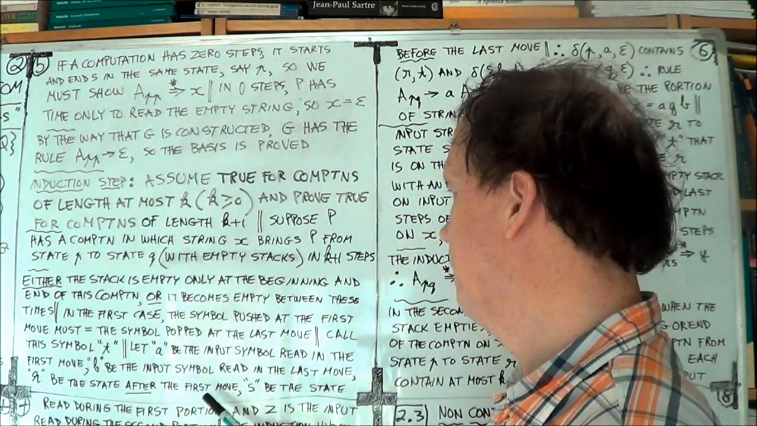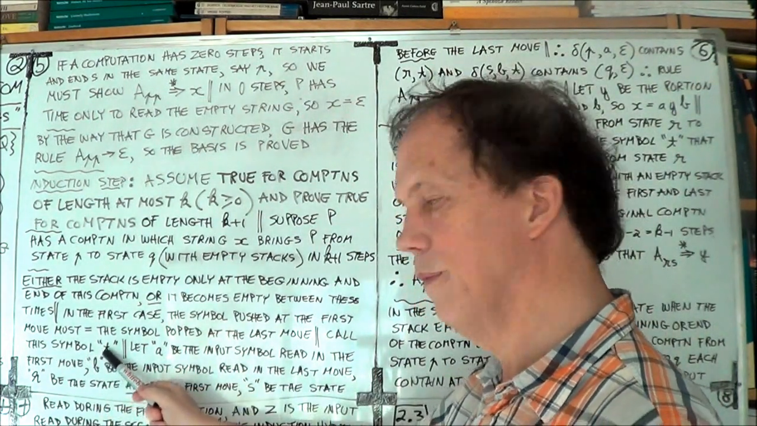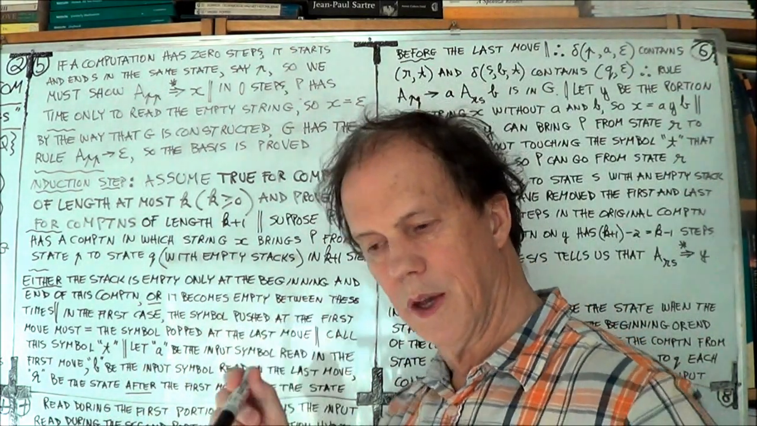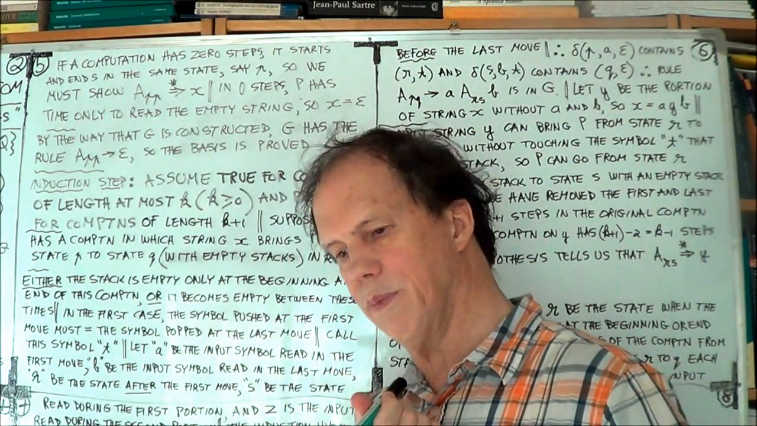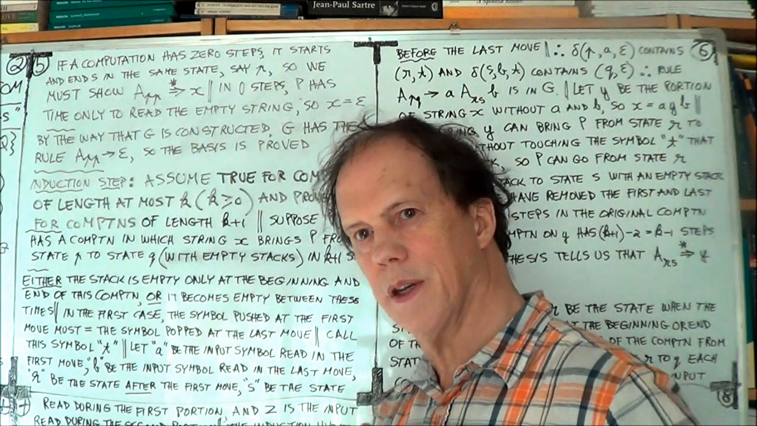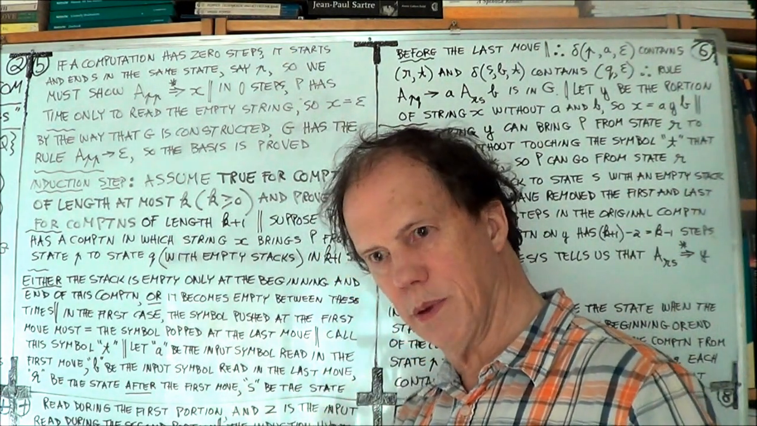Now call that symbol little t, the one that has to be the same. The first symbol you push and the last symbol you pop has to be the same, and that symbol, input string symbol is